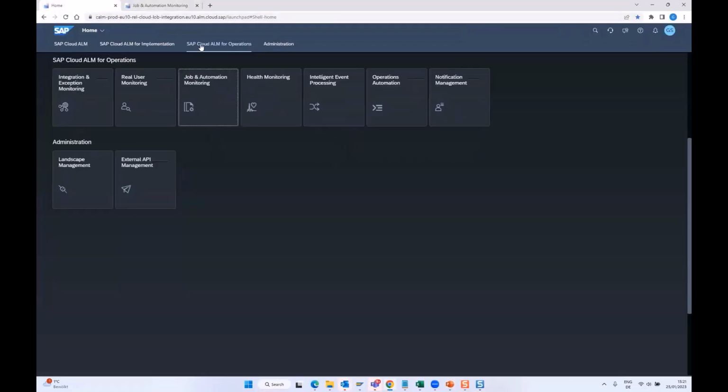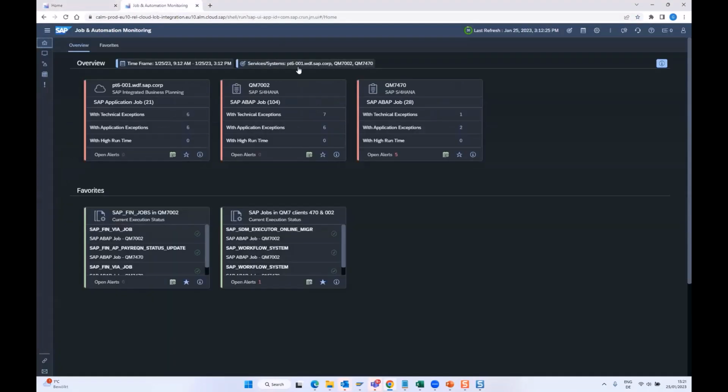What I have done is I have launched in SAP Cloud ALM for Operations Job and Automation Monitoring. And I'm looking at the application for 3 services in scope. Actually, it's one system, one S/4HANA system, on-premise system, QM7. And since the connection has to be done per client, the data collection is happening per client, the registration is then also, let's say, per client. So if I monitor 2 clients in the same system, here in this example, client 2 and client 470, then